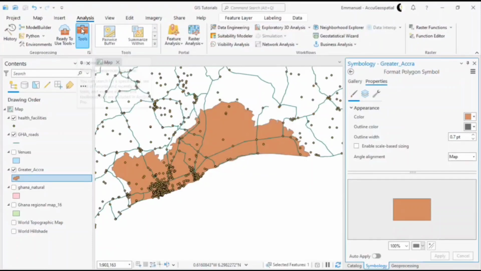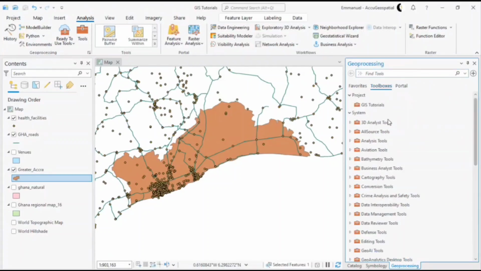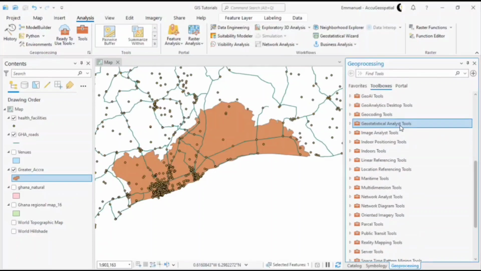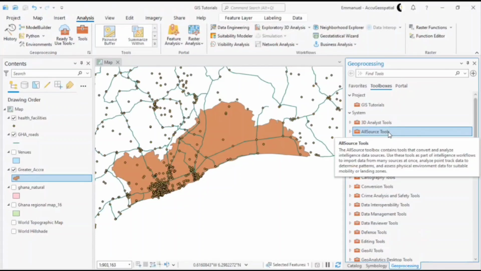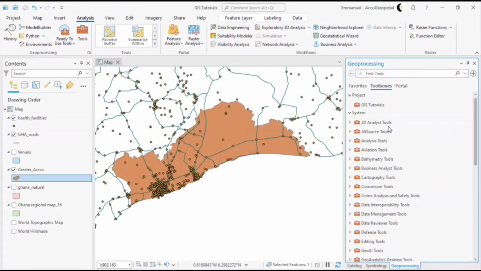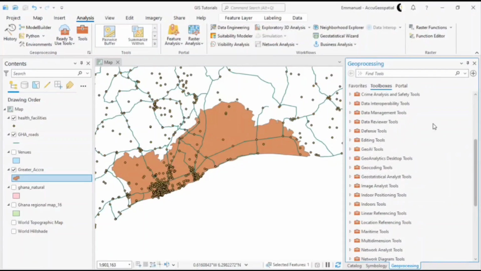So you go to Tools, and then on your right-hand side, where the catalog pane is, you have the geoprocessing pane being opened for you, right? So when we go to Toolboxes, there is a list of several tools available for use. Because this ArcGIS Pro user license is the GIS Professional, you have almost every other tool that is available. So there are what we call extensions. Extensions also allow the user to perform more geoprocessing actions depending on the field they find themselves. So there are extensions for hydrological surveys, there are extensions for Civil 3D,